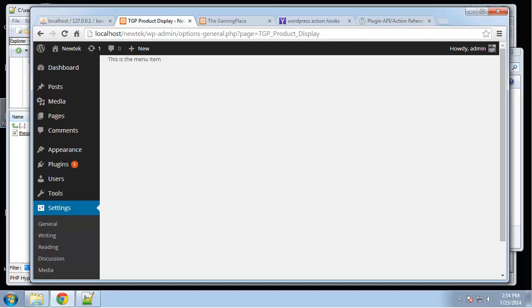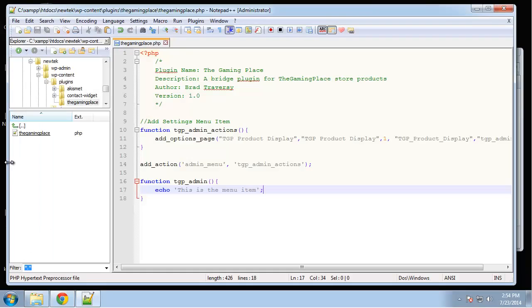Alright, so we have our plugin activated and we have a menu item for the options, but we haven't created an options form or added any values or anything like that. So we're going to do that now, and that all takes place in this TGP admin function. Now we could put all of our code right in here, but I prefer to create a separate file for this function